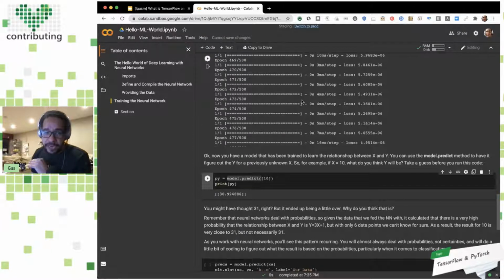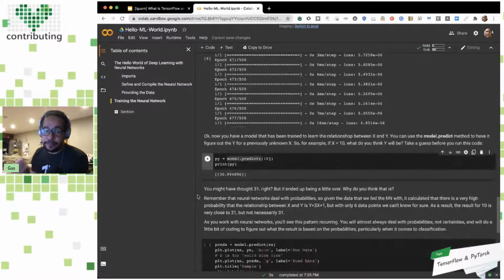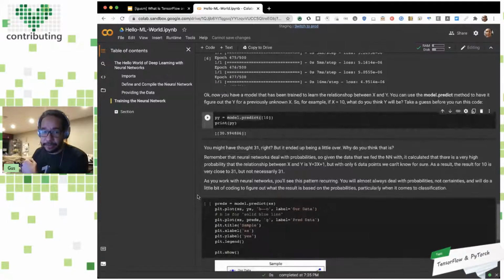If we keep training for more epochs and with more data, we might get closer and closer to 31, but that's not something we are aiming for. We don't aim for super precision. We aim for a number, and we give you accuracy. You can say, oh, this is 98% accuracy. And then you have to learn how to deal with that. This is another part of machine learning, how to deal with the answers you get. It's not as precise as regular programming.